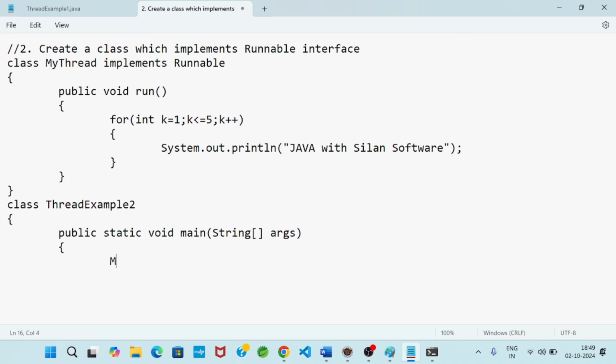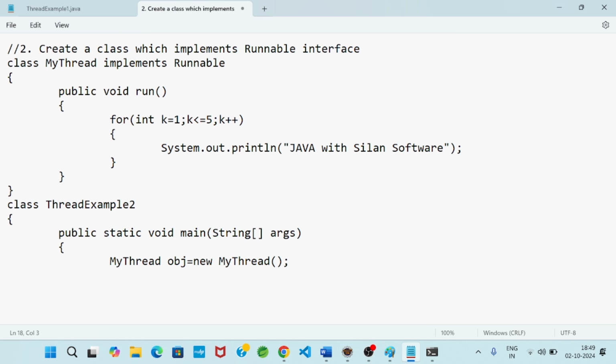Now I will create an object of my thread class: MyThread objectName = new MyThread(). This is called a thread instance. So now I created an object of my thread class. Now we know that after declaration of an object, we can write object name dot method name.